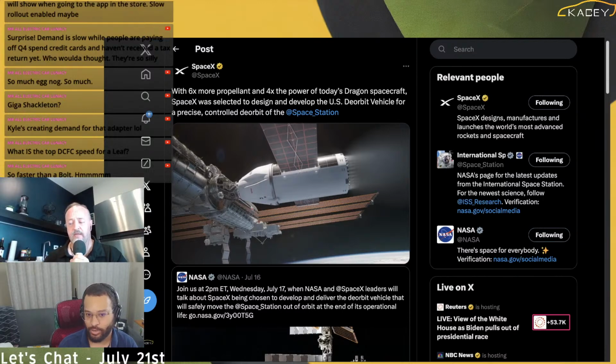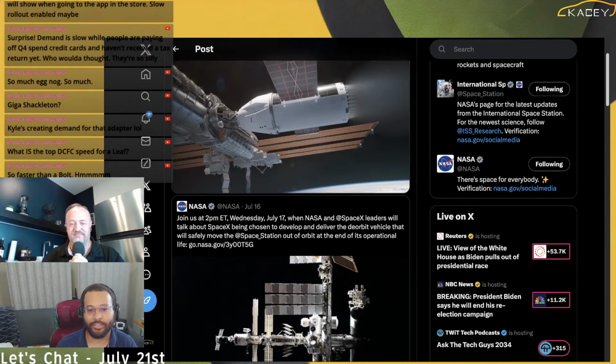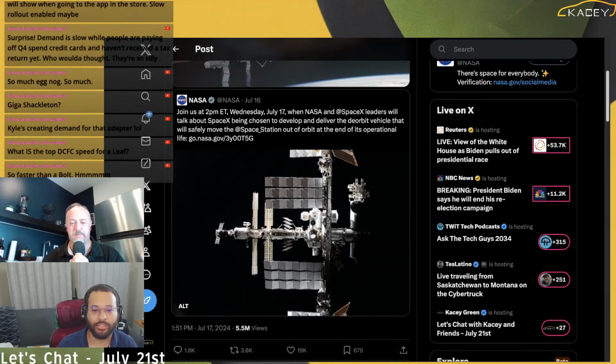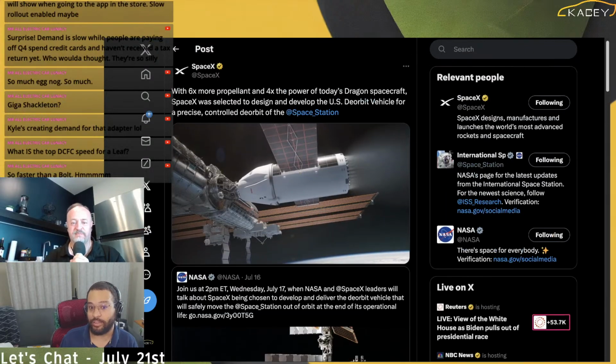So you see there, it looks like a cargo Dragon in the front. Looks like it got an extended trunk. Still got the solar panels on top, but it's got the wings of the old cargo Dragon. And so NASA has contracted to purchase this vehicle from SpaceX and operate it themselves. They need to procure a launch vehicle. I don't know why they won't use Falcon 9. They probably will end up doing that, and they'll probably contract the actual operation back out to SpaceX, but government contracting has to be done a certain way.